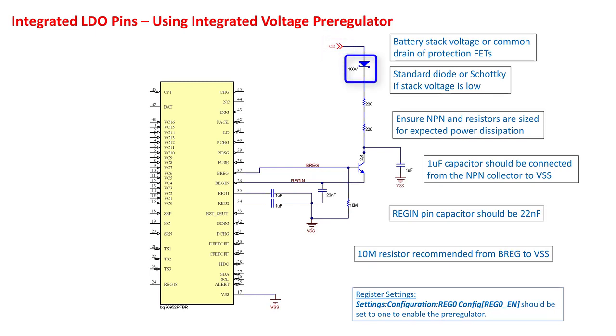The diode prevents reverse current flow from the B-Reg pin through the BJT base to collector in the event of a battery pack short circuit. If the pack voltage is low, a Schottky diode can be used, otherwise a standard diode is okay. Ensure that the BJT and resistors are selected to tolerate the peak power under maximum load expected on the Reg1